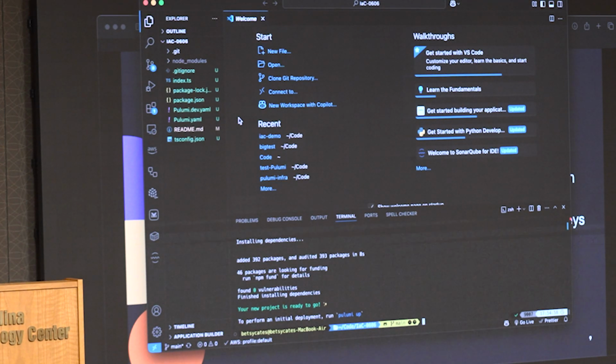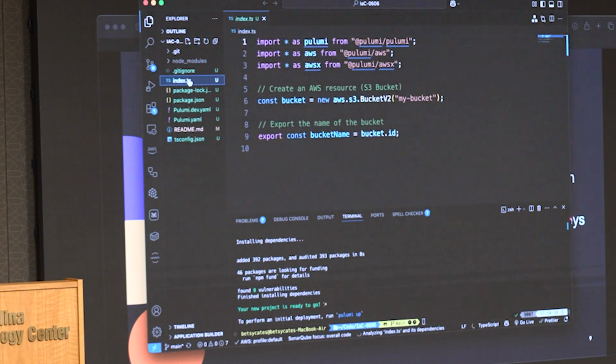Okay, so you'll see that we've got all of these new files over here that Pulumi has made for us. We have our index file. That's going to be our entry point where all of our code's going to live. That's what's going to build out the AWS infrastructure that we want. And then we've got our normal stuff over here that comes along with a Node project. But if you click on our index file, you can see that they've already given us some code. This is a way to make a bucket.